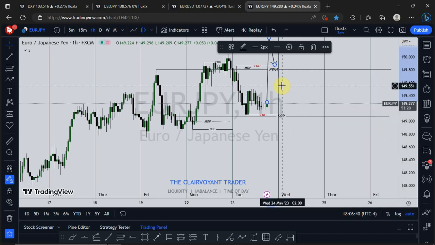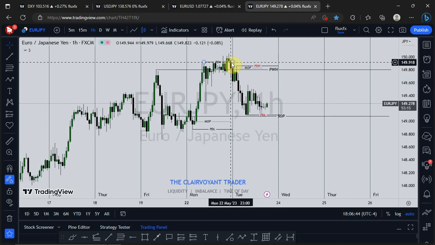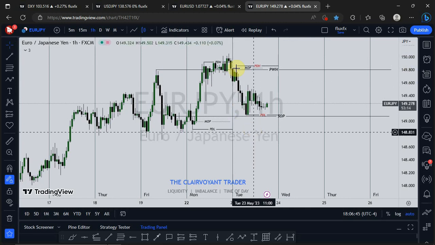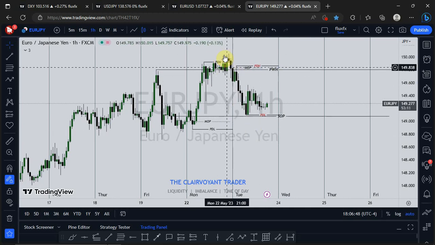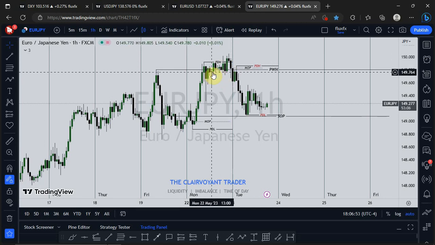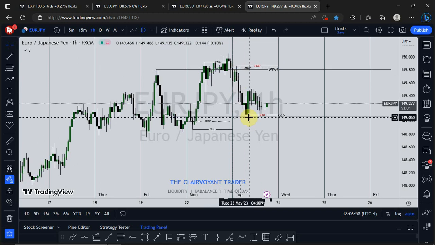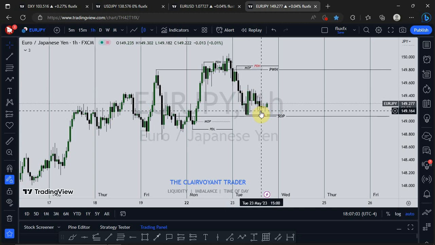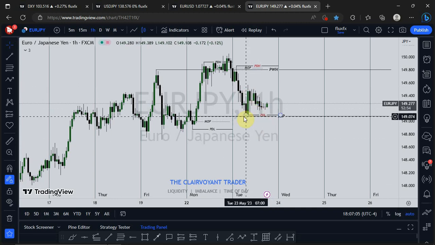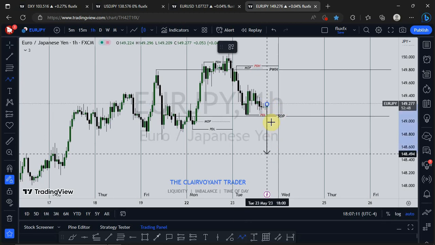But at the moment, looking at where price is from and where price currently is. Previously, price took out the previous day's high, and then right after that, it broke this low. Then we saw price coming back to this zone, and then a move to the downside, and we saw price retracing a little bit to the upside and then the downside. So at the moment, price is very close to this low.